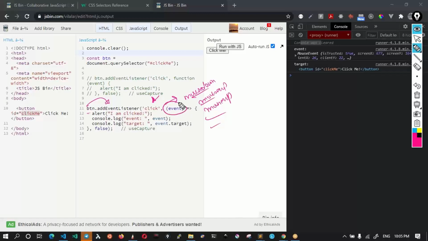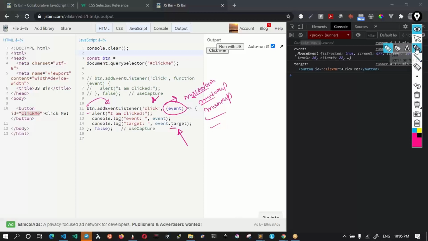The event object is very important. Inspecting the event object: if you are new to programming, always inspect the values and try to make a guess about what those values are. For now, I am just informing you that this event has a target object, and this target is very, very important because it points to where the event happens. Okay, so far so good, right? So this seems very, very simple.